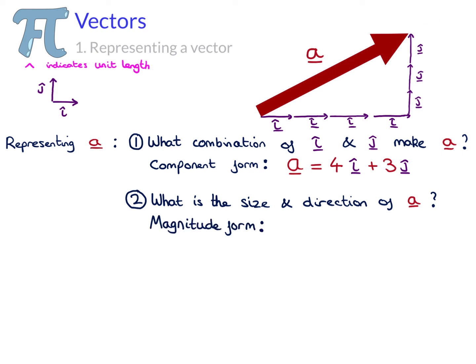pointing in. The size of this arrow can be found from our i and j description. Since i and j are unit length, this vector forms the hypotenuse of a right-angled triangle with sides 4 and 3. The size of the vector is then found by doing the square root of 3 squared plus 4 squared,